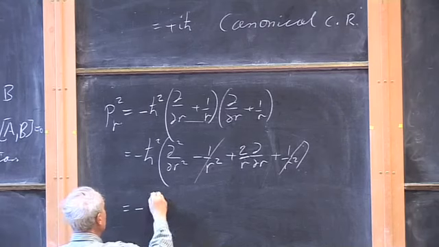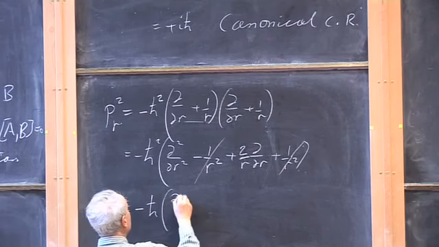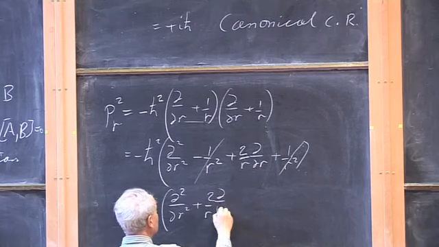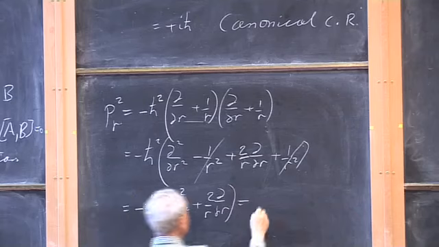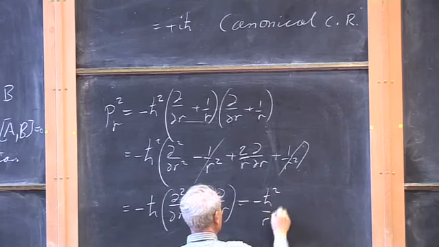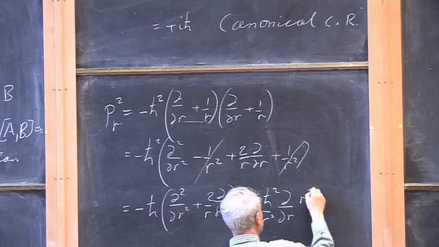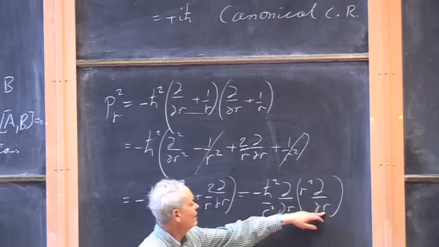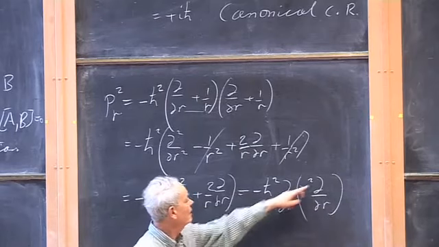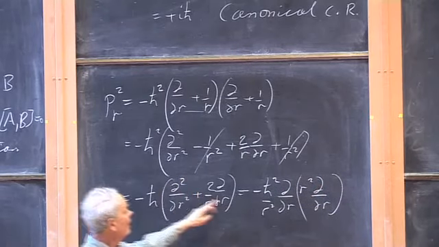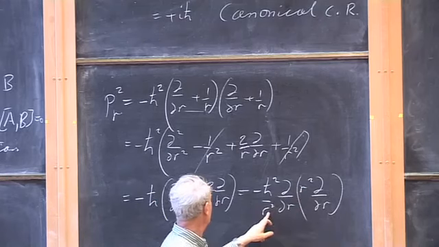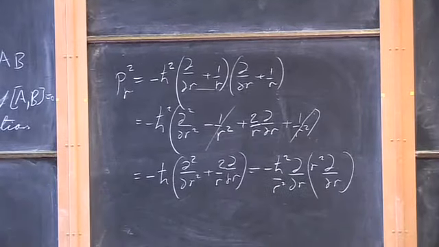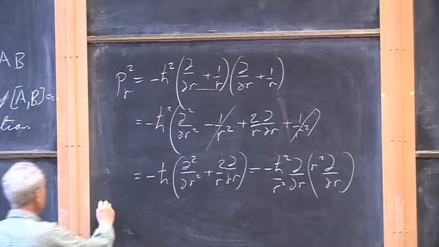So we have minus h bar squared d2 by dr squared plus 2 over r d by dr, which can also be written as minus h bar squared over r squared d by dr of r squared d by dr, right? Because if you differentiate out this product, you get r squared on r squared times d2 by dr squared, which is this term, and you also get a 2r over r squared, 2 over r, times d by dr. So yeah, this term here,